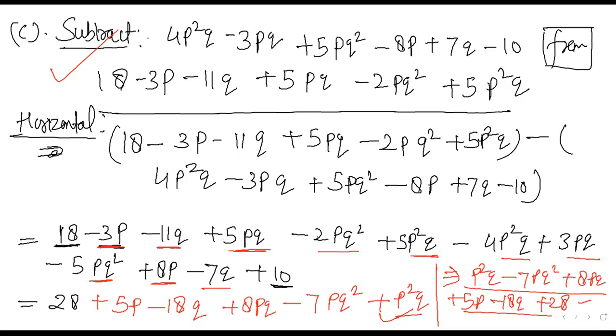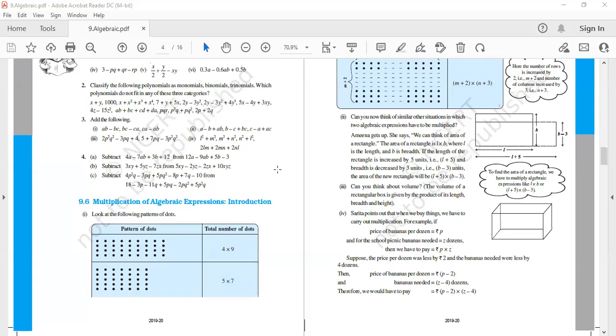Okay, class. Now I'm coming to the next concept: multiplication of algebraic expressions, monomial by monomial, trinomial by trinomial, and quadrinomial by quadrinomial. So monomial, binomial, monomial, trinomial. Let us see how many cases there are in your syllabus.